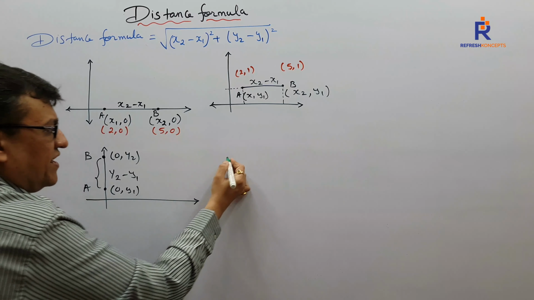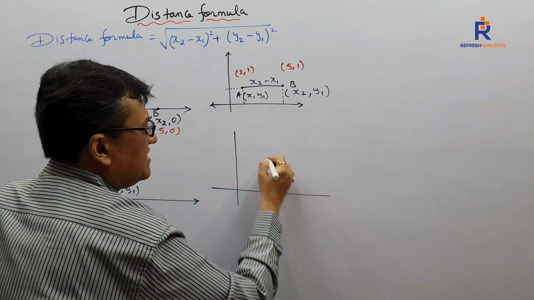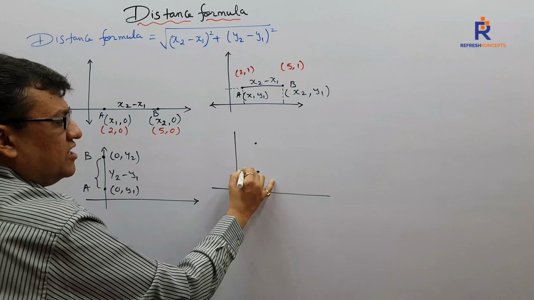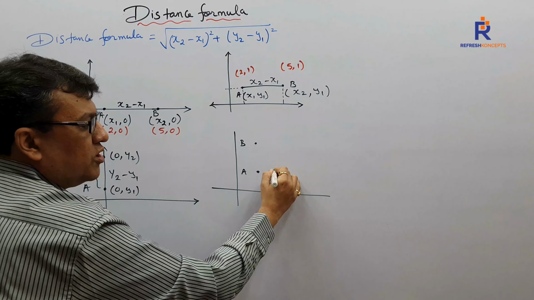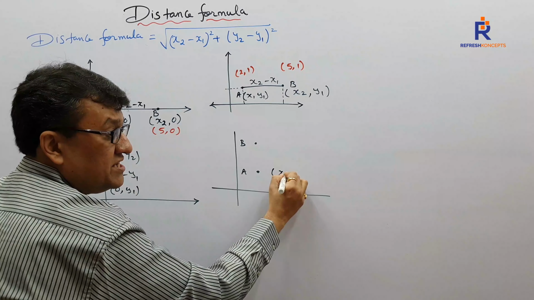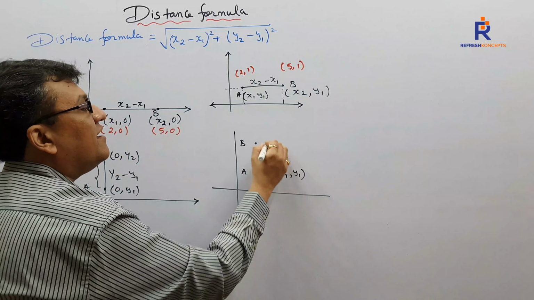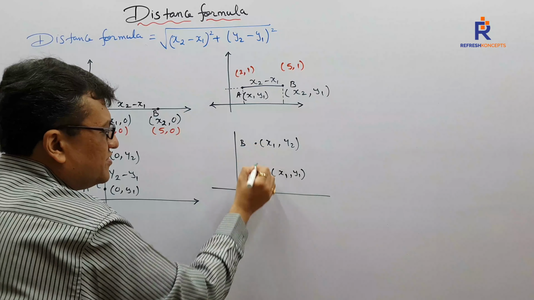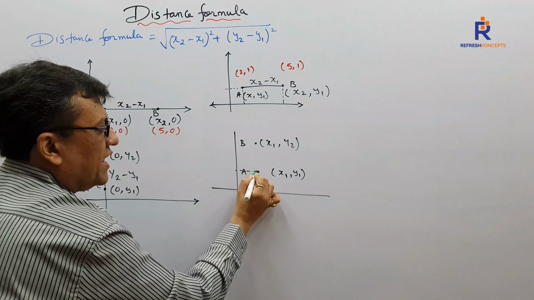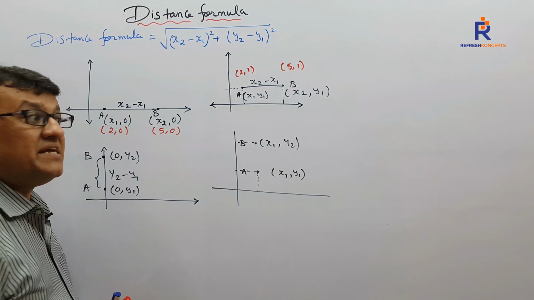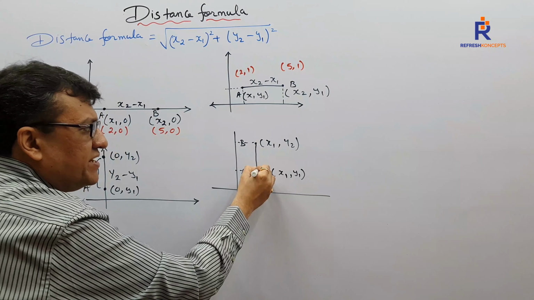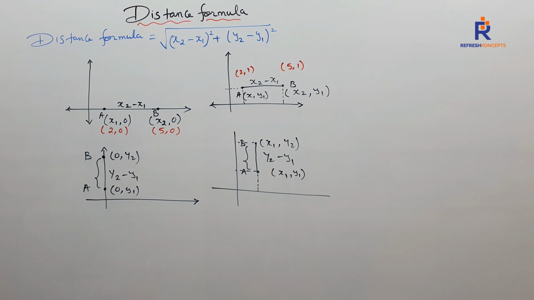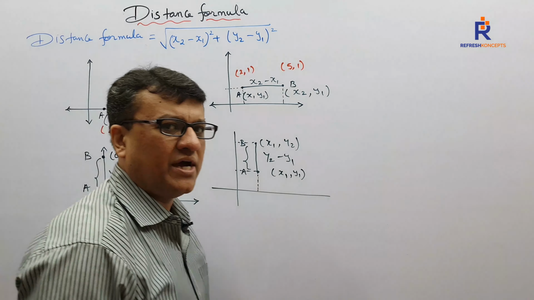On the same lines, if I were to say that this time my points are not lying on y-axis, this time my points are lying parallel to y-axis. So let me say this is my point A, this is my point B. What shall be the coordinates? The coordinates shall be not 0 this time, x1 comma y1 and x1 comma y2. You can check it out. x1 remains the same, y1 and y2 differ. Still the distance between them is y2 minus y1. Right, children? The distance between them is still y2 minus y1.